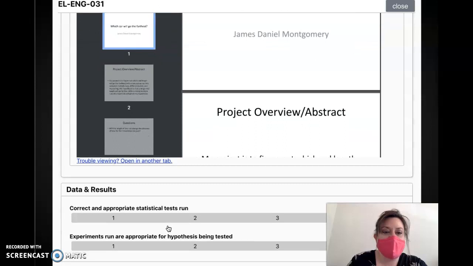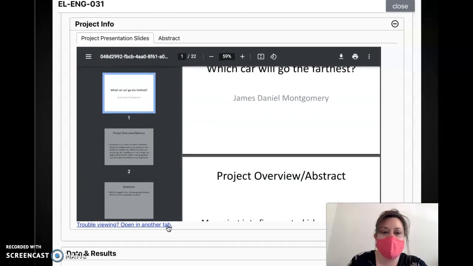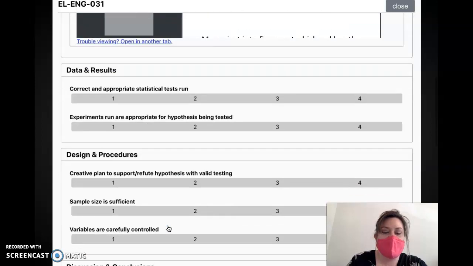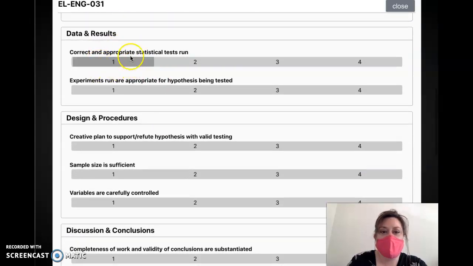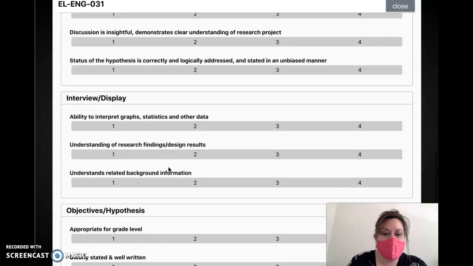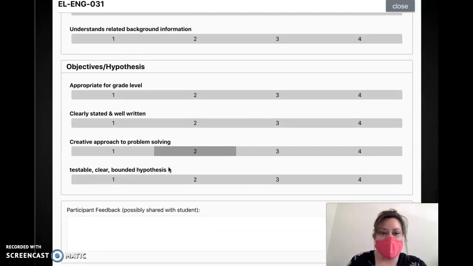Once you start talking with a student, and once you're finished talking with that student, this is the judging rubric that you'll be using with the students. 1 will be the lowest score, and 4 will be the highest score for each one of these areas. For some reason, it's a little backwards, so I'm going to see if I can fix that before Monday. So as we start through the scientific method, we start with our objectives and hypothesis.